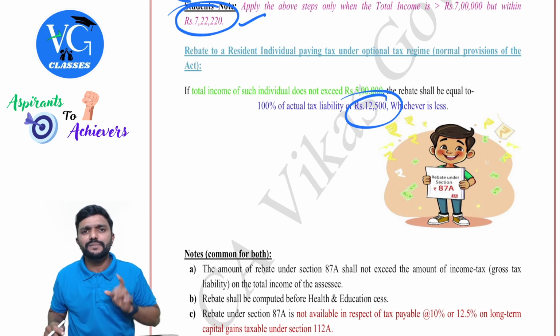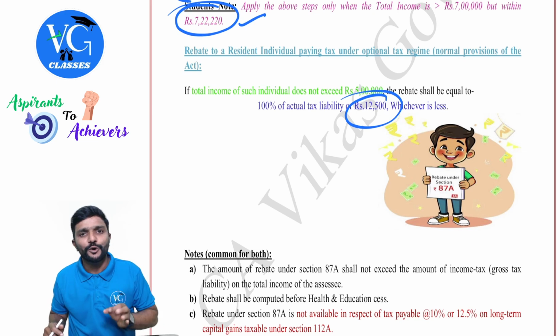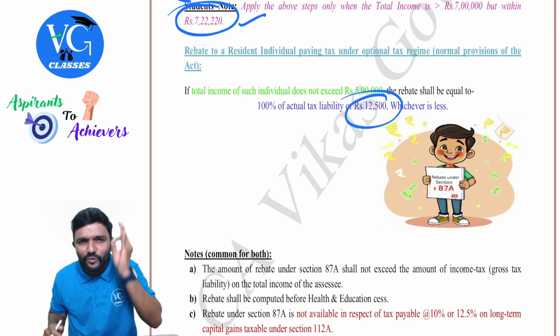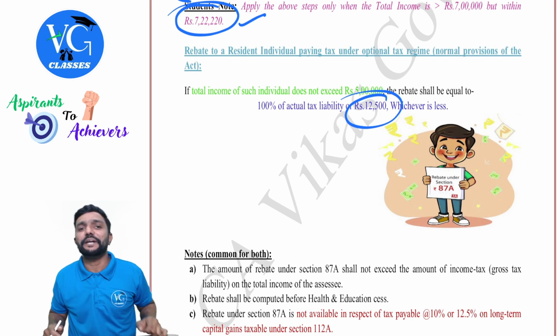Sir, under the optional regime, is there any concept of marginal relief? No. If your income is 5 lakh 1,000 also or 5 lakh 100, you will not get the rebate under